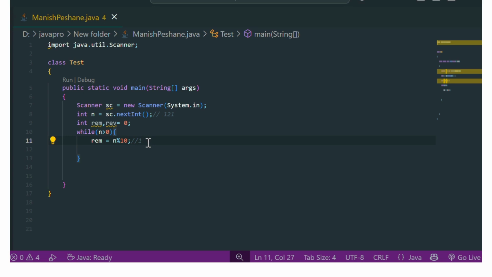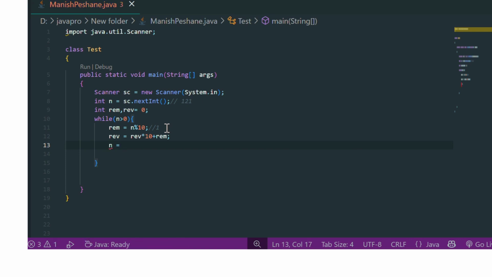So we save 1 in remainder. Once 1 is stored in remainder, the remainder value changes, and the new remainder value is 1. And reverse equals reverse multiplied by 10 plus the remainder value 1. Then n equals n divided by 10.